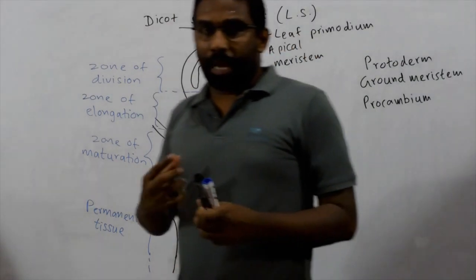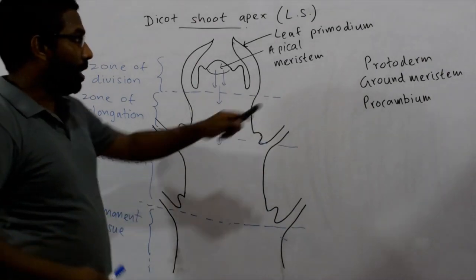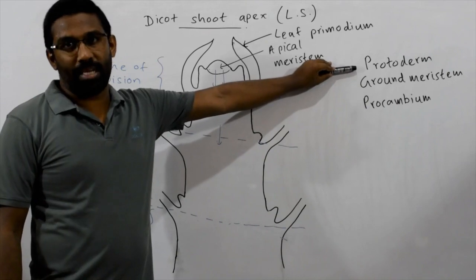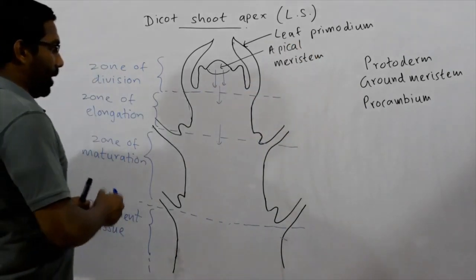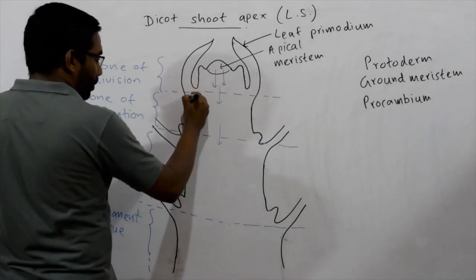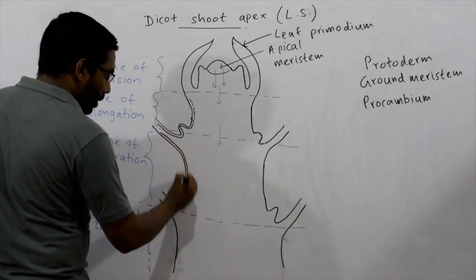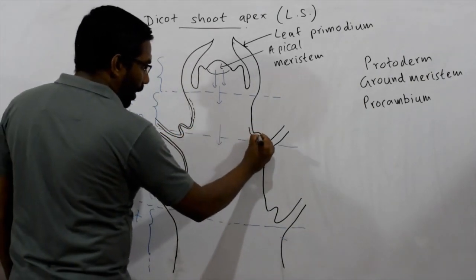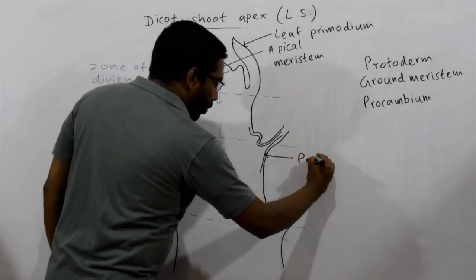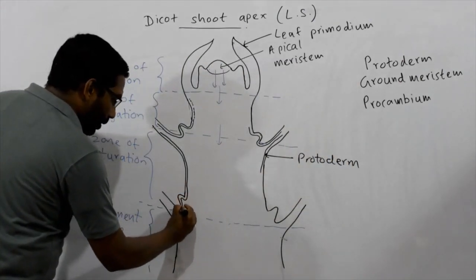Then a similar process happens as in the root, so we can easily understand. In the root, what is the permanent tissue region produced from the protoderm? It is the epidermis. Here also like that. Here the protoderm is the outermost tissue layer. Imagine this is the protoderm. I will draw it like this and label it. So this is the protoderm. Cells of this protoderm differentiate and produce the epidermis.